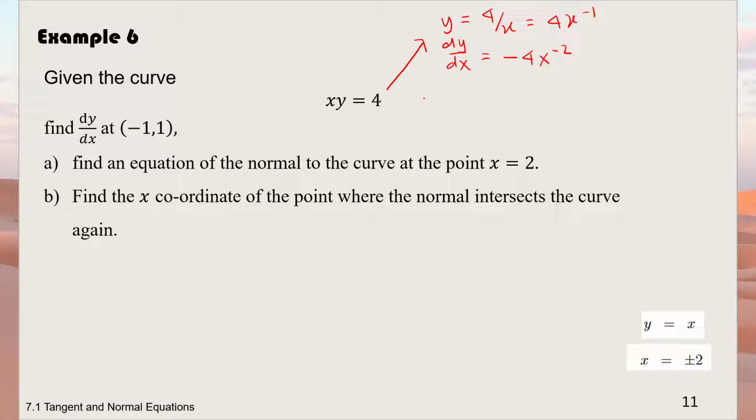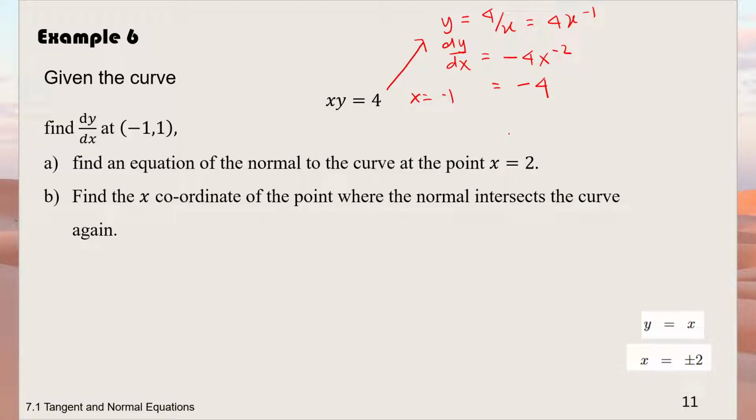When my x equals negative 1, over here is negative 1. So over here, my dy/dx actually is negative 4, because anything to the negative power of 2 actually is 4. So my dy/dx equals 4. And then after that, find an equation of the normal to the curve at the point x equals